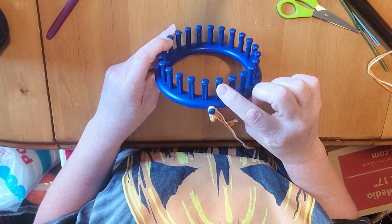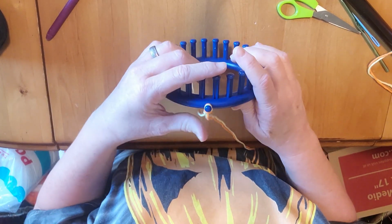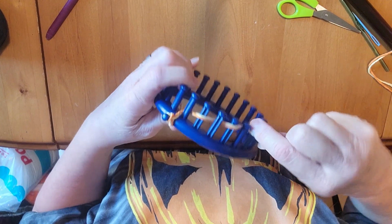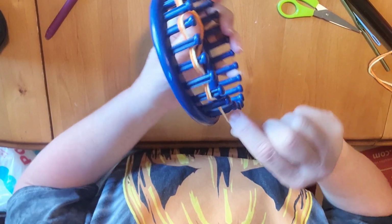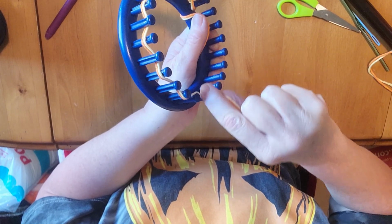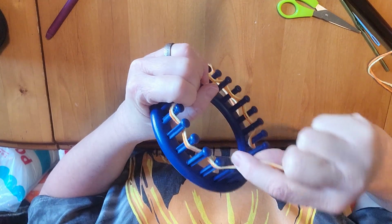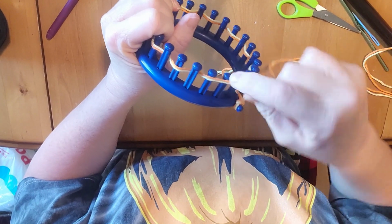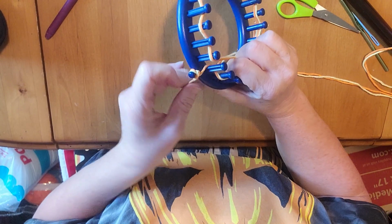So this is our number 1 peg, this is our number 24 peg, and we are going to do front to back for the drawstring cast on. So you're going to go front and back all the way around until you get to the 24th peg. Alright, I am almost to the 24th peg. Here's the 24th peg, and now we are going to